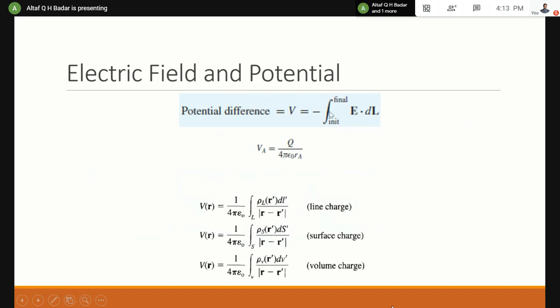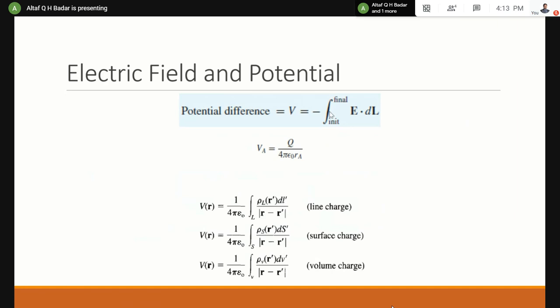Okay. So usually what happens is we assume that the initial position is given by B and the final position is given by capital A. The unit for potential difference is joules per coulomb, or it is taken as volts usually. Right? And then if we go for derivation, what we get is the formula for VAB is given as Q by 4 pi epsilon naught into bracket 1 by RA minus 1 by RB.